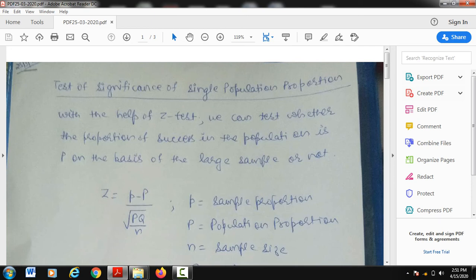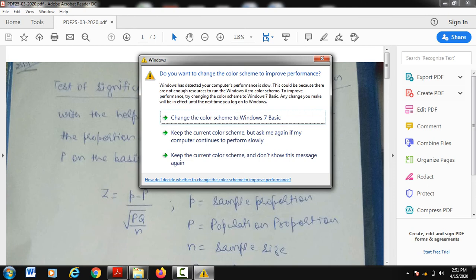So students, by this lecture or by this example we have fully completed the topic, the large sample test, which is also known as Z test. So in short, I'll just give an overview of the Z test. Basically, large sample test is a test which is applicable to those samples which are large in size. So what is large in size? The sample which has greater than 30 observations is considered as the large sample. If a sample has fewer than 30 observations, then it is considered as the small sample.